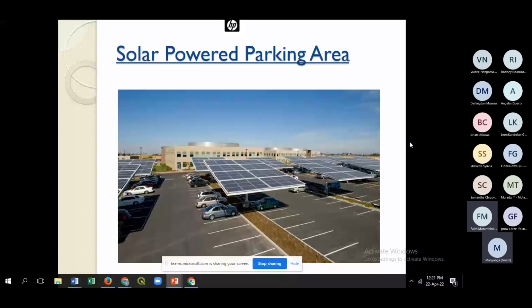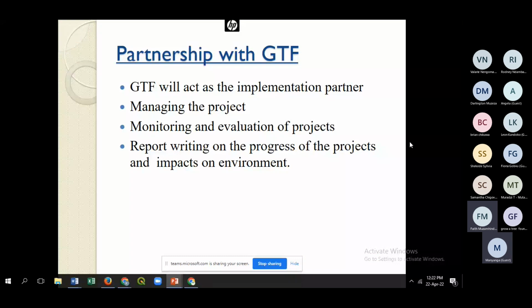So this is just an example of a parking area that is solar powered. We can do the same even for rural areas. But the catch is that you don't lose your investment in buying this technology, but you can earn carbon credits from that. So we operate by ensuring that we assess on your behalf, we give options on your behalf, we manage the projects on your behalf, and we report on your behalf. We also champion corporates as global green champions in that.